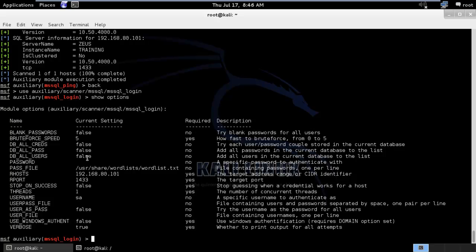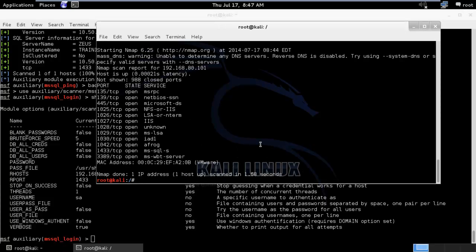A couple of key areas to look at. Obviously we've got the RHOST in there, the 101. We've got the port in there for the SQL port. We've got the username that we want to use, SA, and what we've got here is a word list. So if we go through to that location,